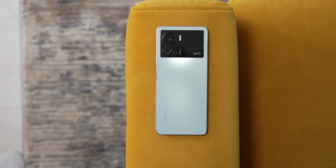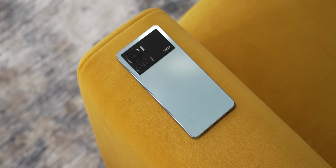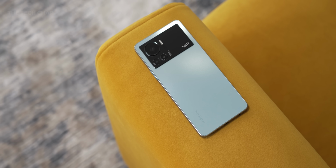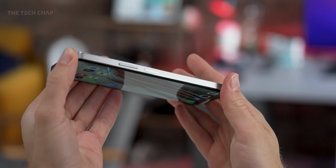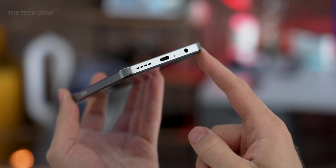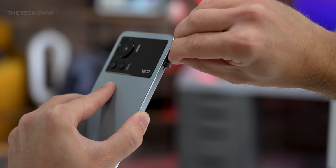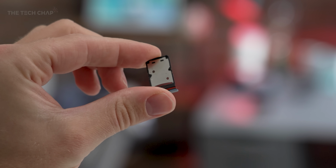Around the back, we have this big camera module with a triple lens setup, and also this nice contrast between the glossy and matte finishes. On the right side, we have the power button, which doubles as a fingerprint reader, as well as the volume rocker. We're also getting stereo speakers and a 3.5mm headphone jack. And if I pop open the SIM card tray, you can see we get dual SIM and micro SD card